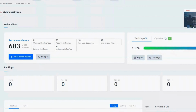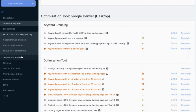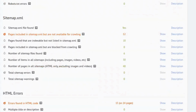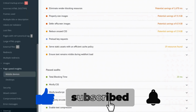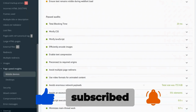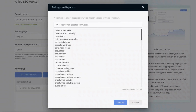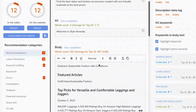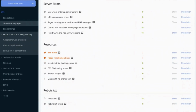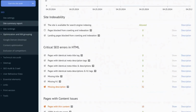Let's get to it. First is Labrika, the best AI for technical SEO. Before you focus on content, you need to make sure your site is technically sound. Labrika scans your site for critical issues like slow page load times, broken links, duplicate content, and missing meta tags. Even if you're not an SEO expert, Labrika makes technical SEO simple by giving you clear steps to fix any